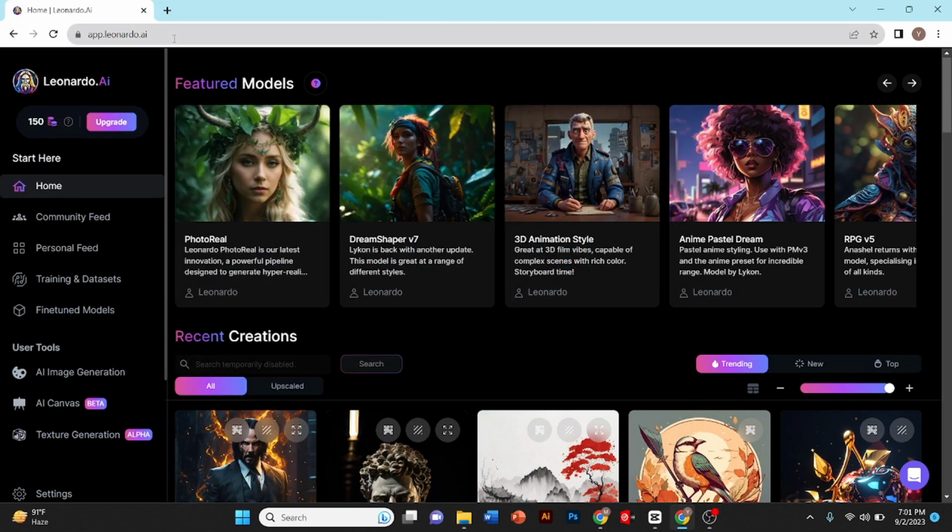Hey guys, today I'll teach you how to use Leonardo AI image to image. You can open Leonardo by just clicking the link in the description. After clicking the link, you will have to click on AI image generation